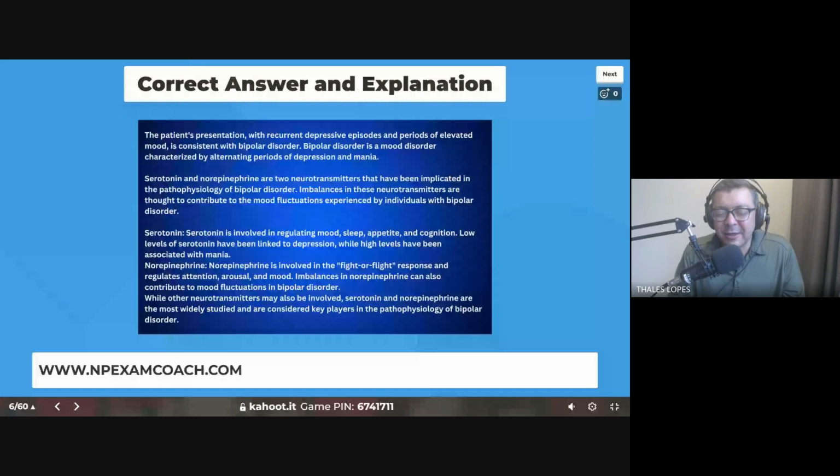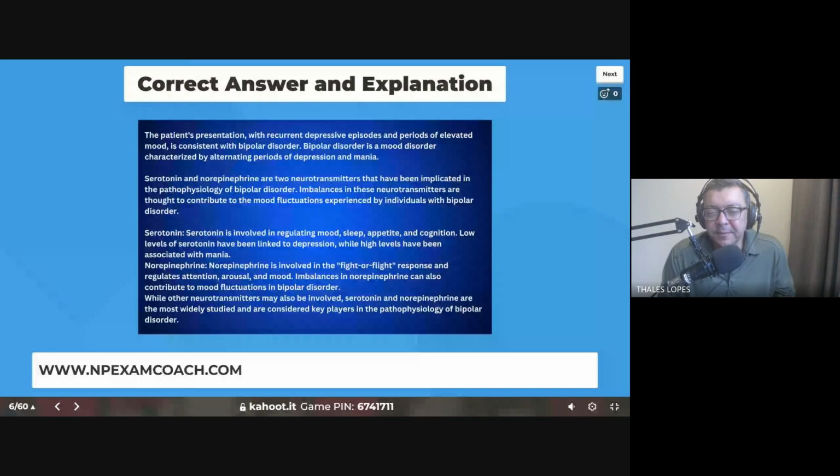Now, is it only the two? Is dopamine not involved? This is incorrect. Dopamine is involved, but it's asking the main players. So all the neurotransmitters are involved, in fact, but not at the higher level as, in this case, serotonin and norepinephrine. Okay? So serotonin involves regular mood, sleep,